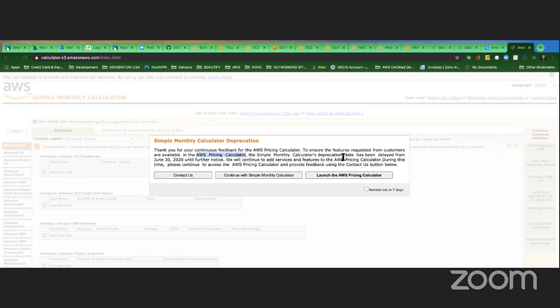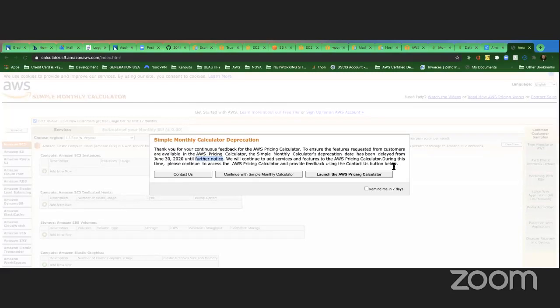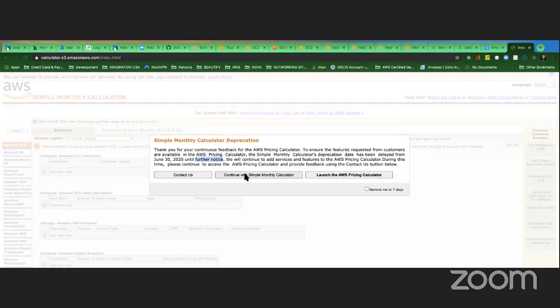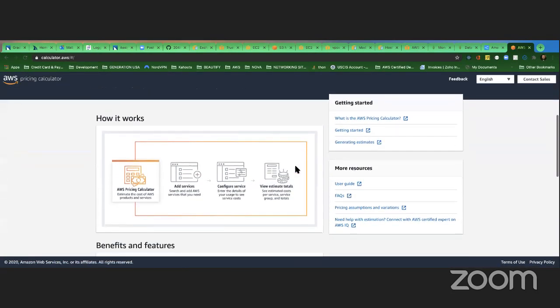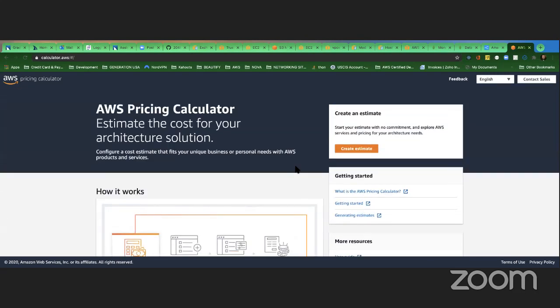But now the date has been delayed until further notice. Okay? So we will continue to add services and features to the AWS pricing calculator. During this time, please continue to access the AWS pricing calculator and provide feedback using the contact us button below. All right, so you can use a simple monthly calculator or launch the AWS pricing calculator. All right, so we're still using the simple monthly calculator, but until further notice,